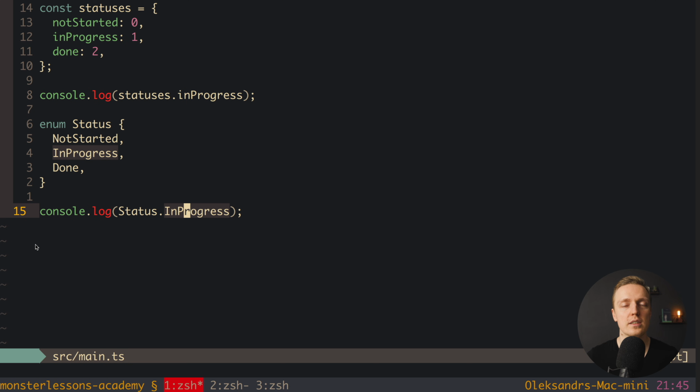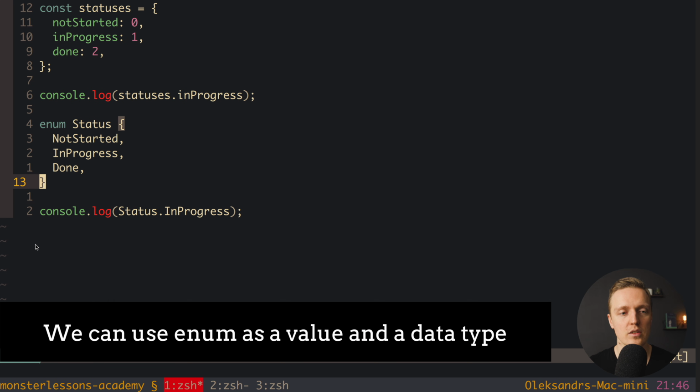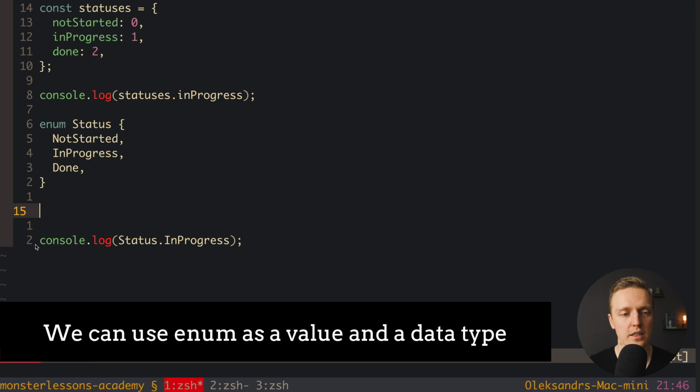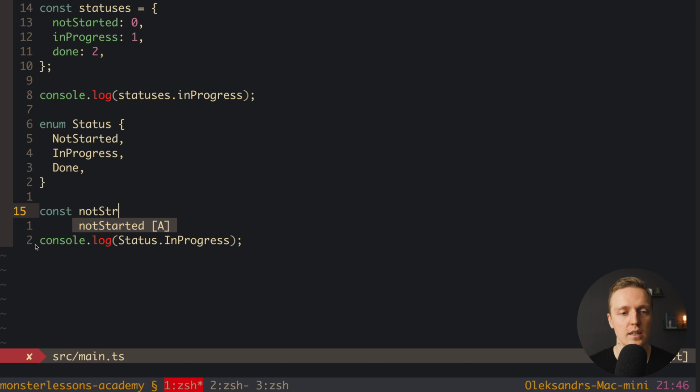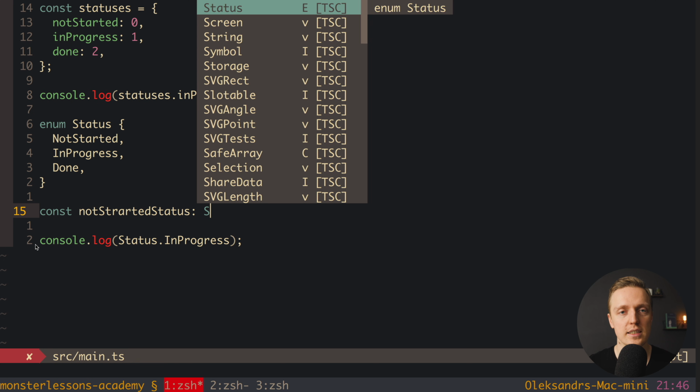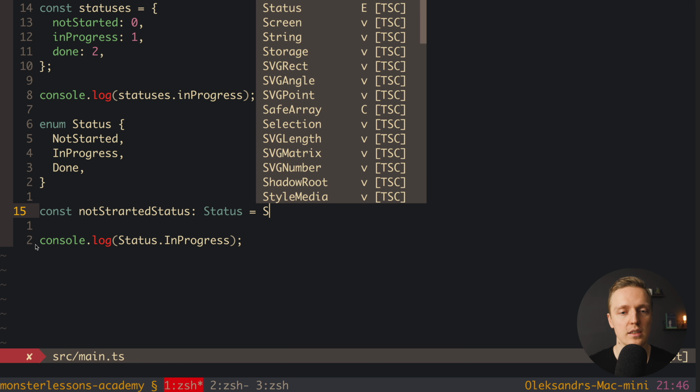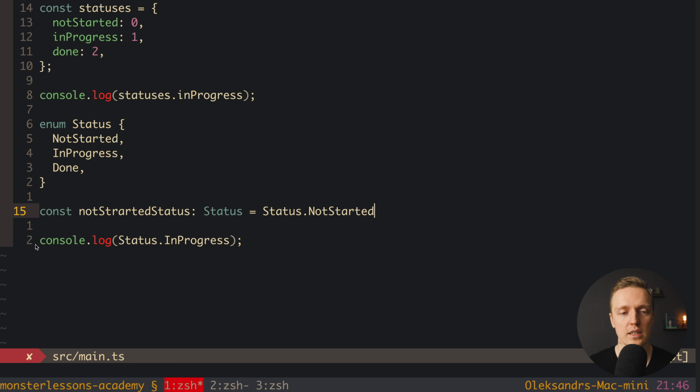Now the question is, what is the benefit of using enums if we can write a simple object? The main point is that here we used it like a value, Status.something. But we can also use it as a data type, and this is the main benefit. Here we can create one property, for example notStartedStatus, and say that it is of type Status, and we're using our Status.NotStarted.